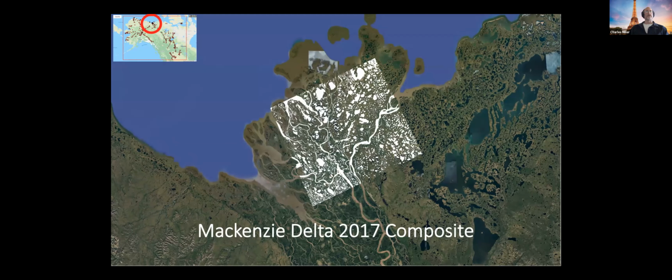Which should be the Mackenzie Delta raster. Yes, so here's what the raster in 2017 looked like, and I show here just the negative, which is the hydrology mask. So the water mask that's been taken from this approximately 100 by 100 kilometer raster. It's 35 or so lines of AVIRIS all stitched together. Next, please, Peter.